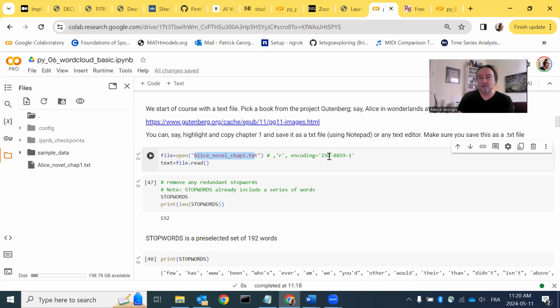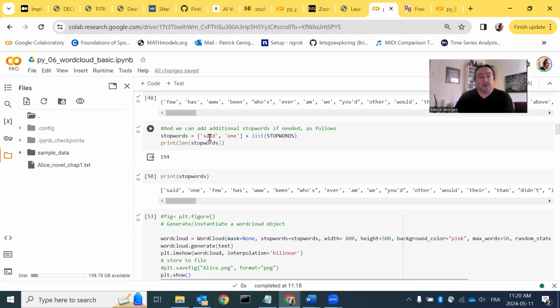Maybe you will need to add this encoding if it's in a foreign language, or even in English, you may have some problems sometimes with some characters, but try by yourself, okay? And you really don't need to add this, okay? I just show you in case you want to refine your word cloud. And